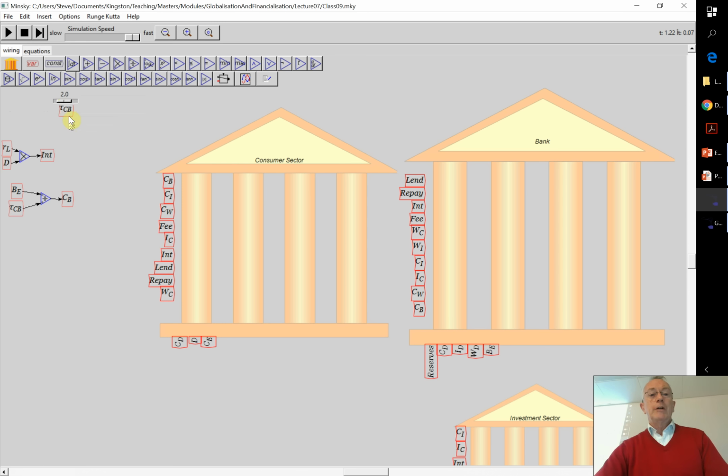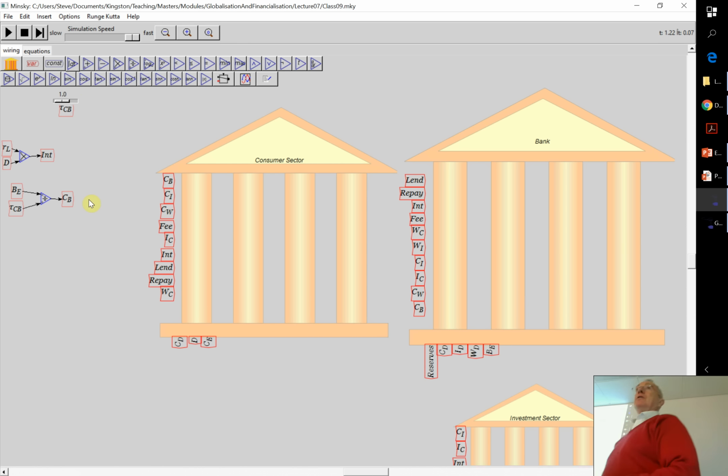So what I can do when I'm running the program is vary that dynamically, and there's 2 ways to do it. You either grab the slider and use the mouse to drag it along, or when you put the mouse over the number, you can use the right and the left arrow keys to change the value. You can do that while the simulation is running. And if you want to make big changes, hold the control key down, and that moves in larger steps. But I'll start with one for the meantime. So that's the basic thing I want you to do with all those various elements there.